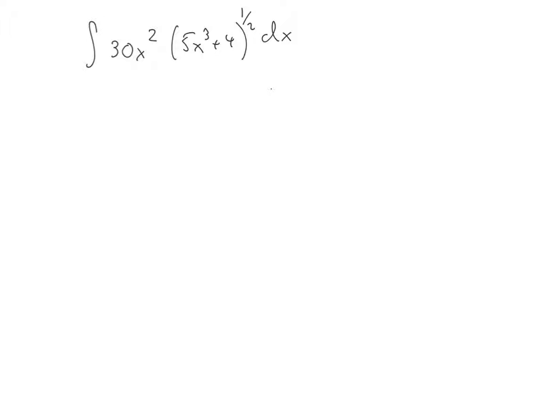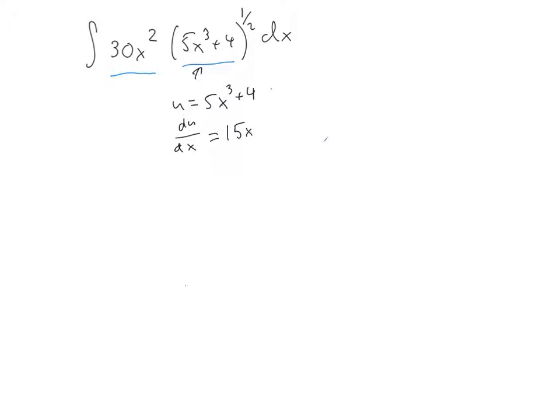So in this problem, again, we are starting to do the kind of du dx type thinking, u-substitution thinking. So this guy and this guy are two possible candidates for u-substitution, but if I quickly take the derivative of that, I notice, hey, that's going to be 15x squared, which will give me a nice cancellation there. So let's go ahead and make u equal to 5x cubed plus 4, because then du dx equals